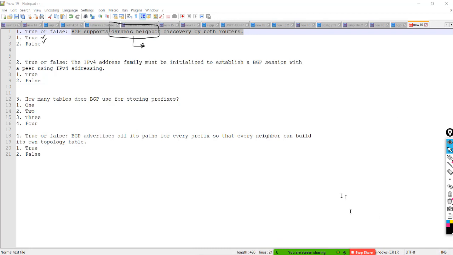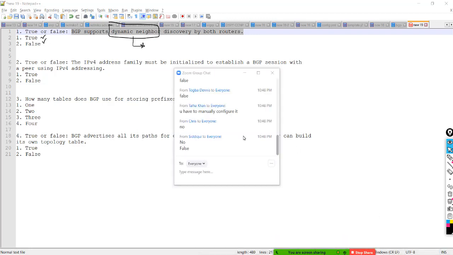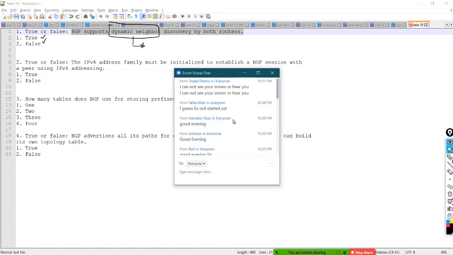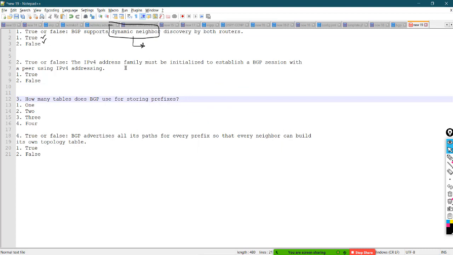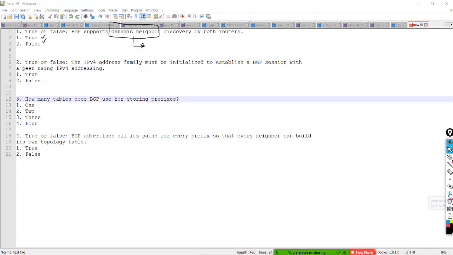Let's see the answers. False, good. I see the answers are all the same. There is no yes and no, so I don't think there could be different versions of the answer. The right answer is false.